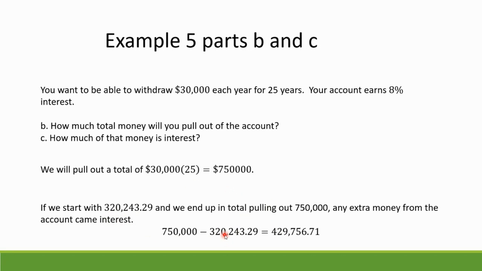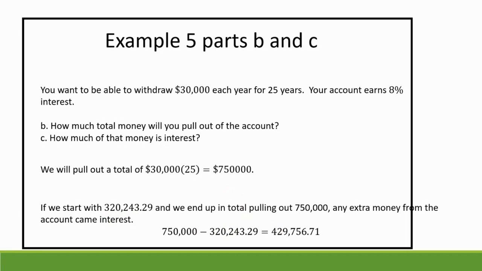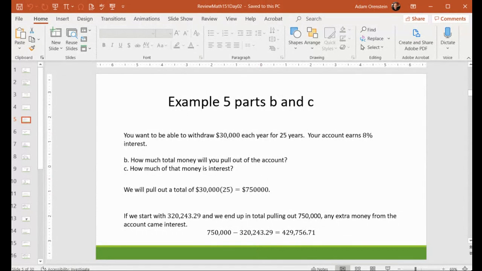Well, it's anything left over. It's kind of like the idea with deposits. We're putting money in, but if we subtract off how much we deposited in total, anything left over was interest. I hope that makes sense. Let me just